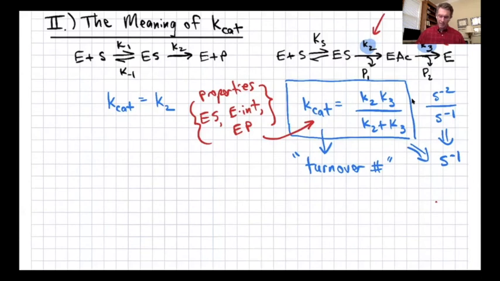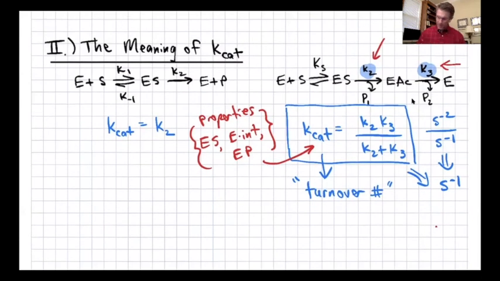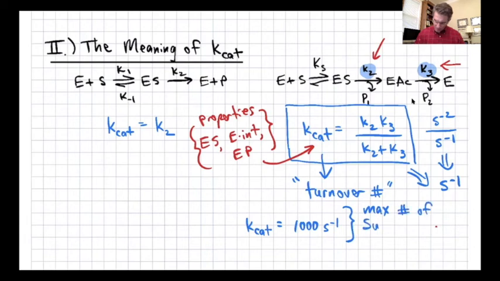So if you had an enzyme as complex as this chymotrypsin mechanism, and I were to tell you that kcat in that case, I'm just making this up, it's approximately right for these enzymes, is 1,000 per second. What does that mean to you when you think about all the discussion we just had? kcat is 1,000 per second. Think about that good turnover number. Well, what that tells you is the maximum number of substrate molecules